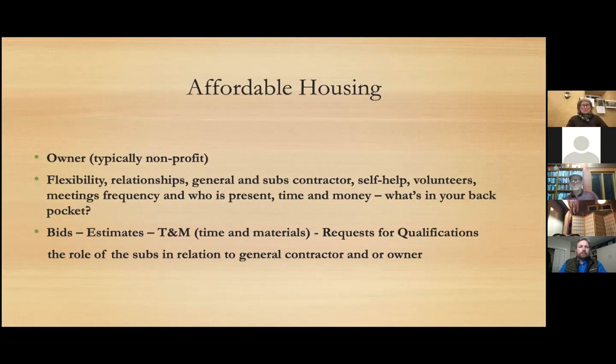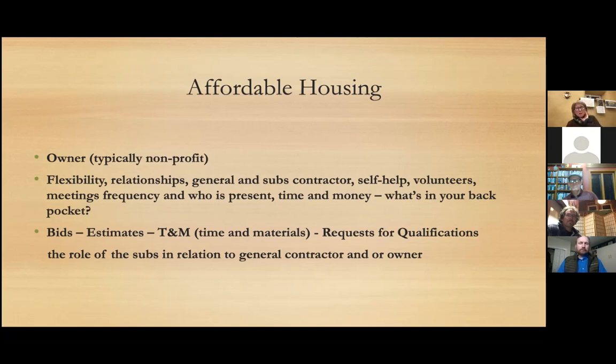And so one of the reasons I like estimates and time and materials is that I can build these relationships with subs and say, look, I've seen your work. I know your work. You're honest and hardworking. And this is the overall plan we want, but we may have to reduce, but then again, we may be able to expand it. And would you, as a sub, be willing to work under those conditions? And again, you start to